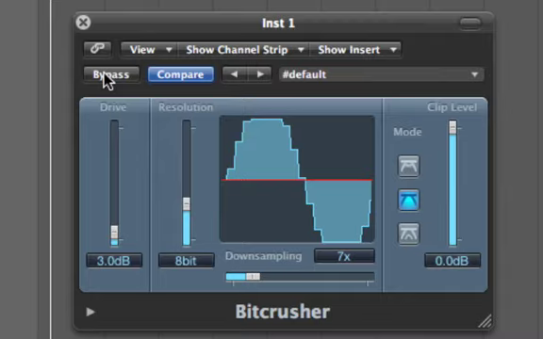Turn it back on. Now of course you can mess around with these. Let's try turning the drive off a little bit. I like that. Feel free to mess around. I took a while messing around with this beforehand, so this is not by any means the only way to do it. You can turn this up, just find a sound you like.